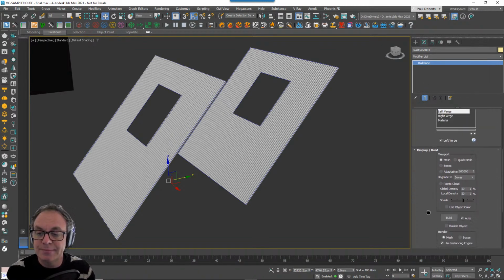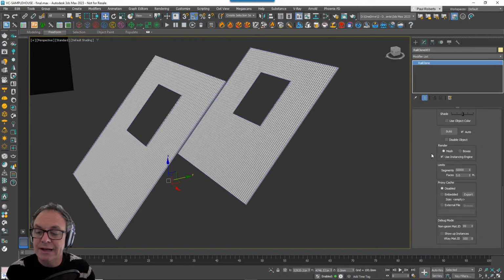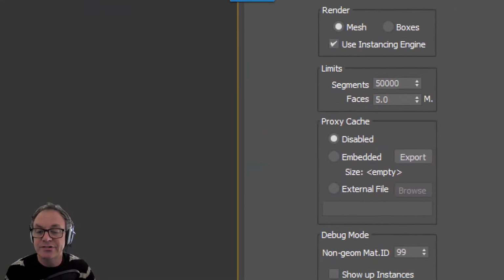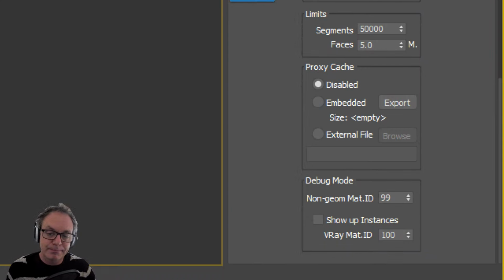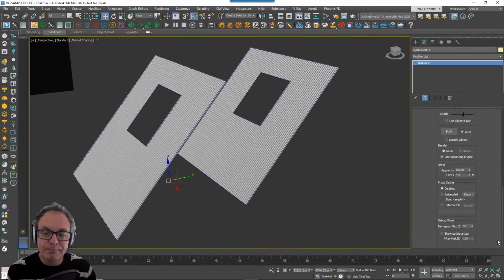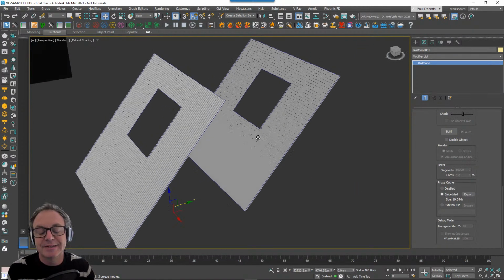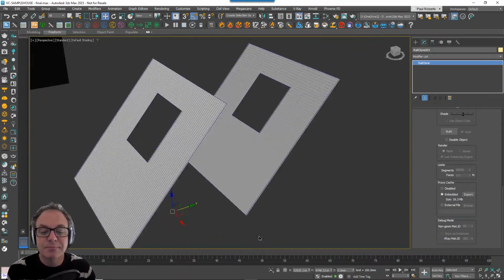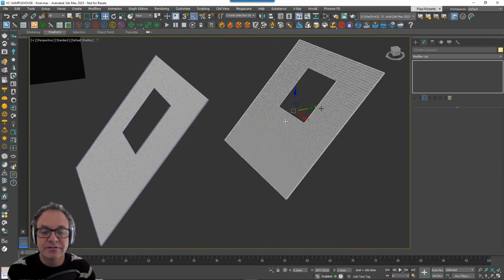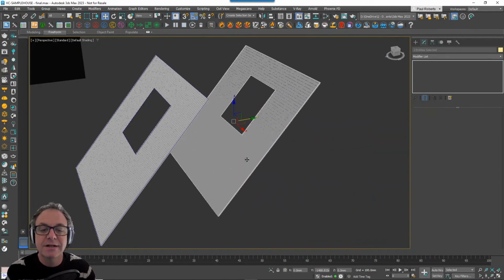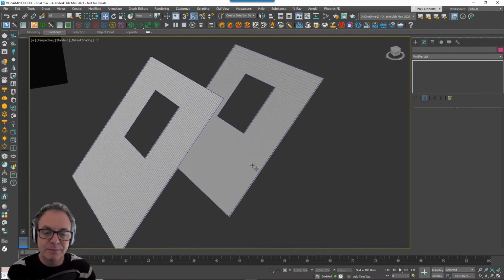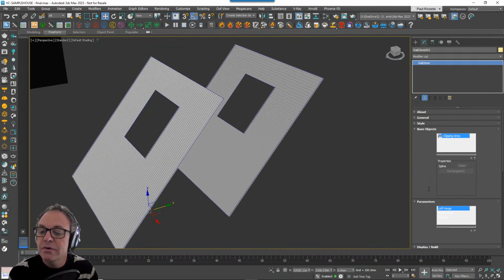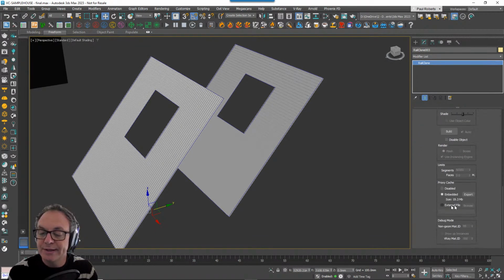And you can do that just by coming down into the Display rollout, and here you can see there's a newish section called Proxy Cache. Hopefully some of you are aware of it already, and you've got 2 modes there, which is embedded and external file. Embedded mode will just bake this distribution and save it inside the RailClone object in the scene. So it will make your file size slightly larger, but as you'll see now, if I pick this up and move it, it's no problem at all, full frame rate. And I could easily distribute that a number of times without really causing any trouble. Now there is another option there as well, which is to bake it to an external file.